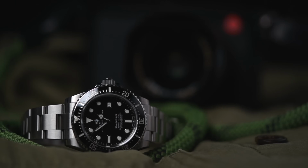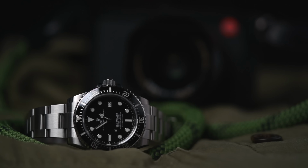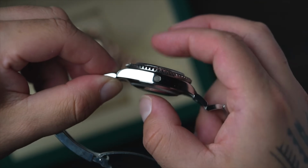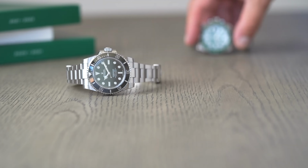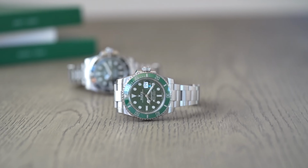You got to be able to pull off the Sea Dweller, and especially that Deepsea. And there's just not many guys out there that are willing to put up with that thickness. But I think if you do have the wrist to pull it off, it's a suitable alternative. Just remember, the perfect choice for your sea-going watch just needs to be a little bit different to be special